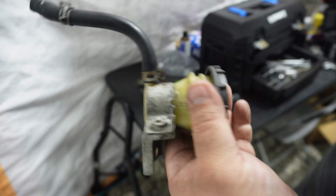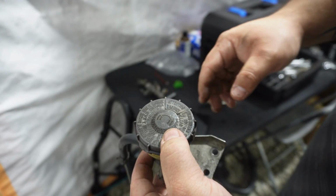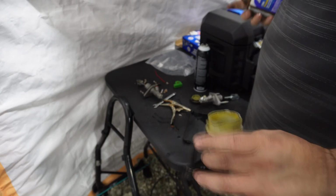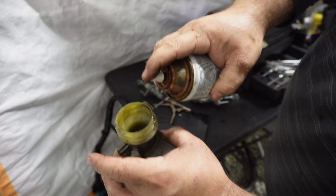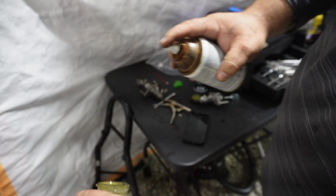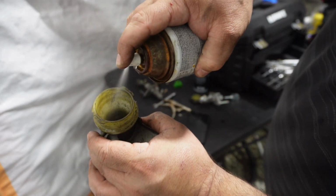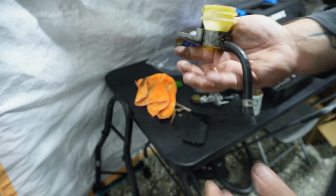Now with all this fluid that's in here that I have, I'm gonna get rid of it because I got new DOT 3 or DOT 4 fluid. Now make sure you get some brake cleaner and spray that stuff out. All new stuff is going in. I don't want all this nasty old stuff to be sitting in there. Alright, now